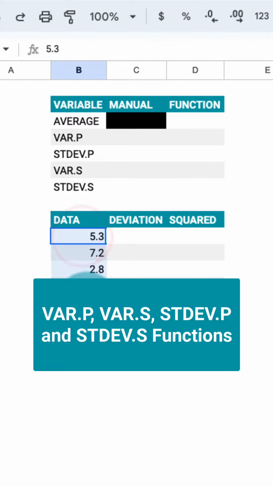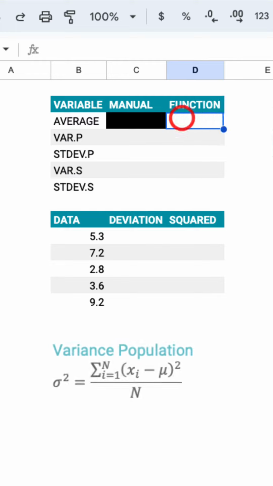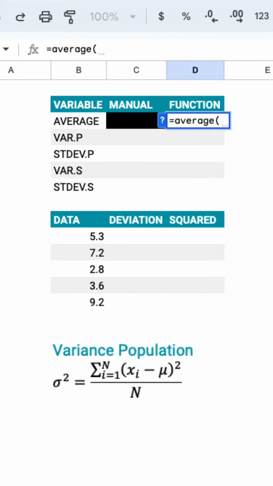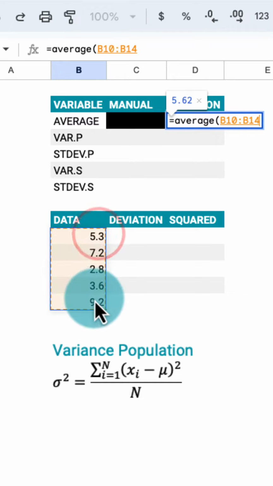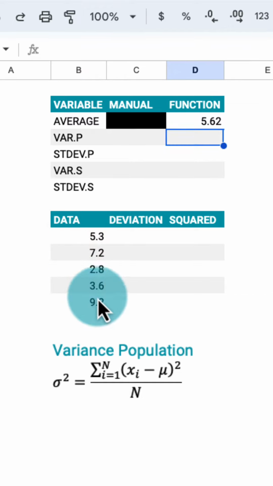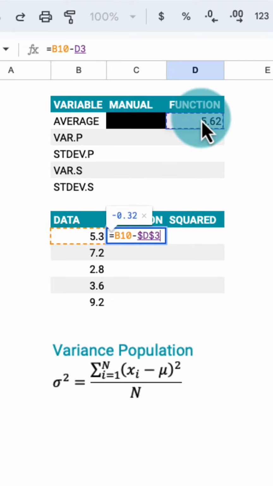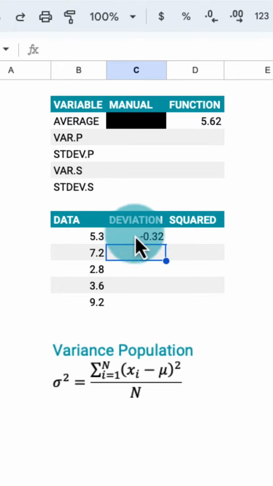We have the following data set, and we want to extract the variance and standard deviation of both the population and sample. First, we calculate the average by utilizing the average function that gives us a value of 5.62. The deviation is every data point minus the average, which we make an absolute reference, and we copy it all